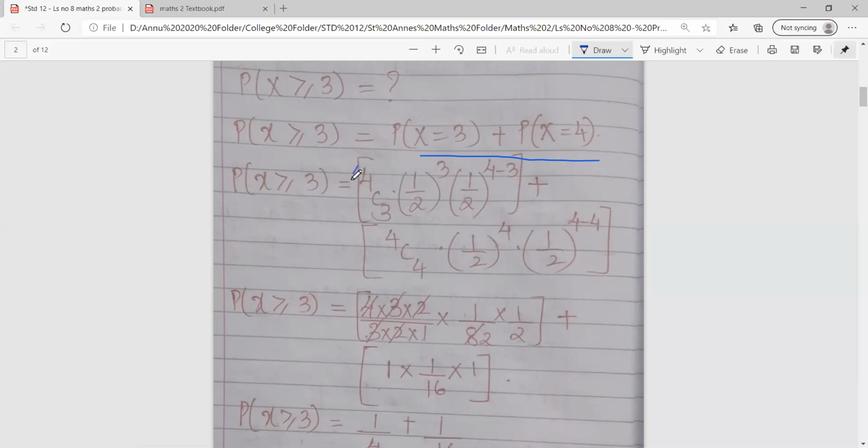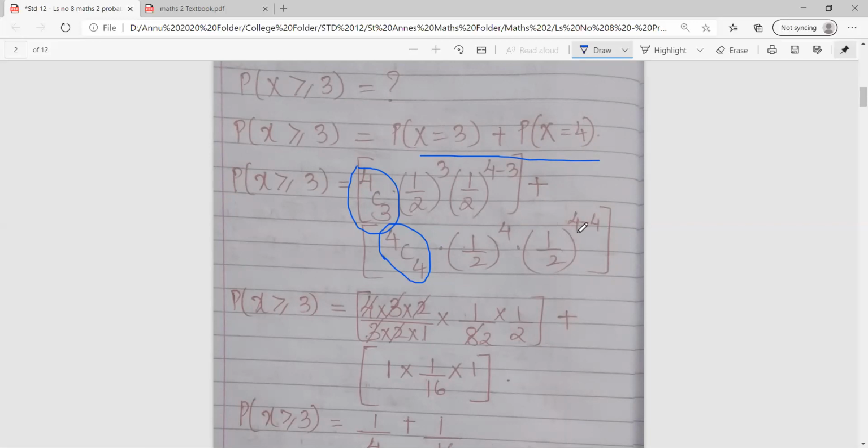So again the same logic, 4C3 we'll open the numbers backwards and in this case we'll be opening 3 numbers. 4 into 3 into 2 upon 3 into 2 into 1. Now 4C4, whenever you get same numbers like this, always remember the answer will be 1. Because if you open all the 4 digits, 4, 3, 2, 1, upar bhi and niche, 4, 3, 2, 1, it will get cancelled and you will get the answer to be as 1. So 4C4 or 2C2 or 3C3, सबका answer 1 होगा.